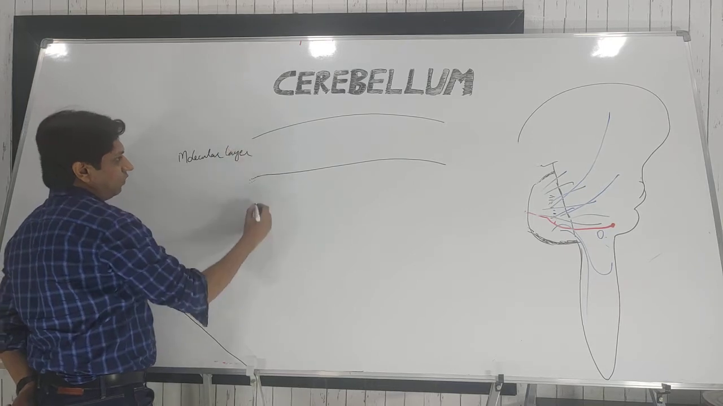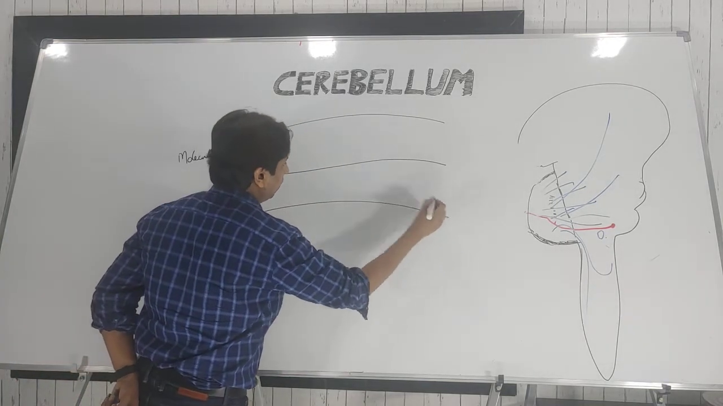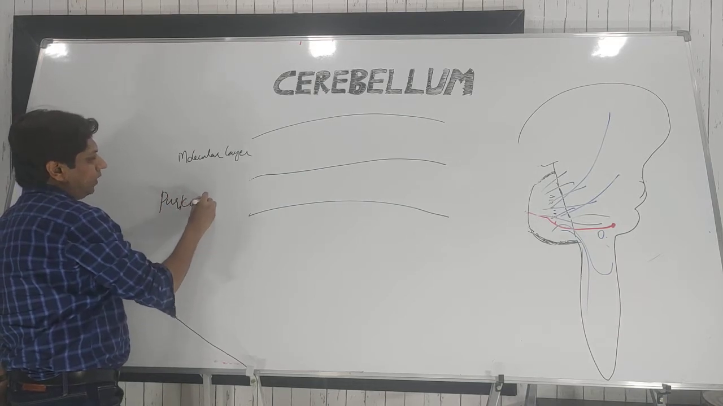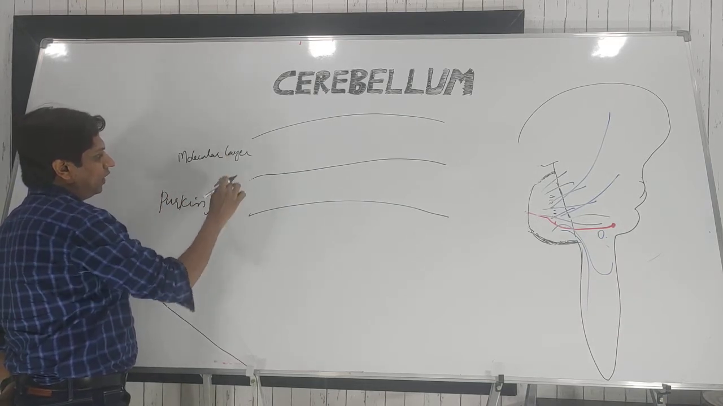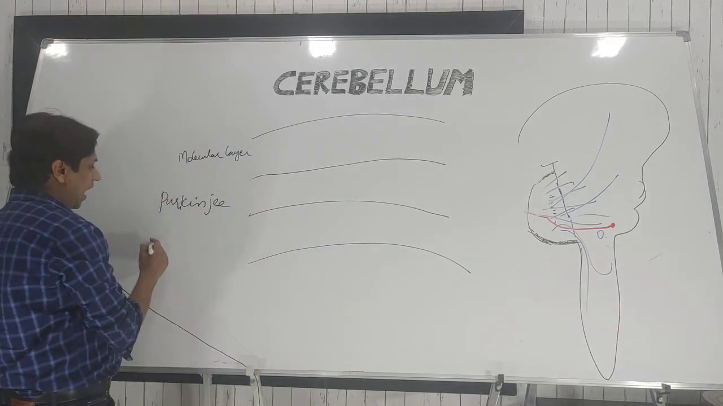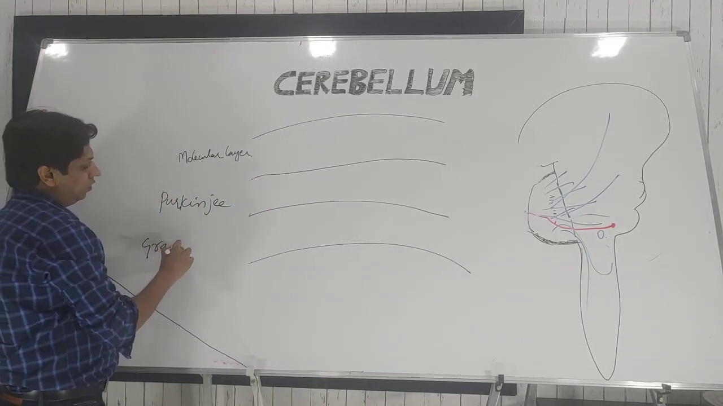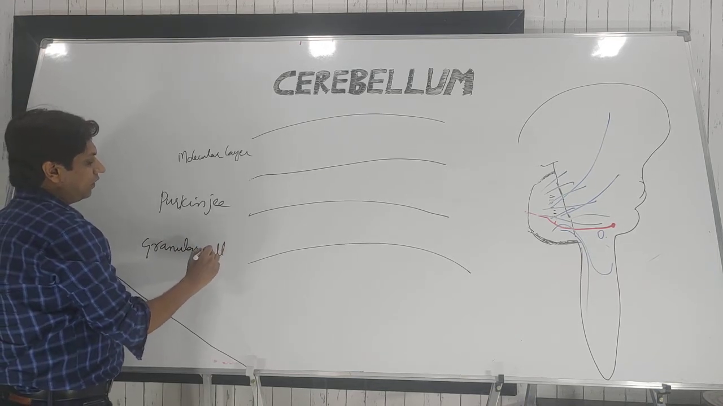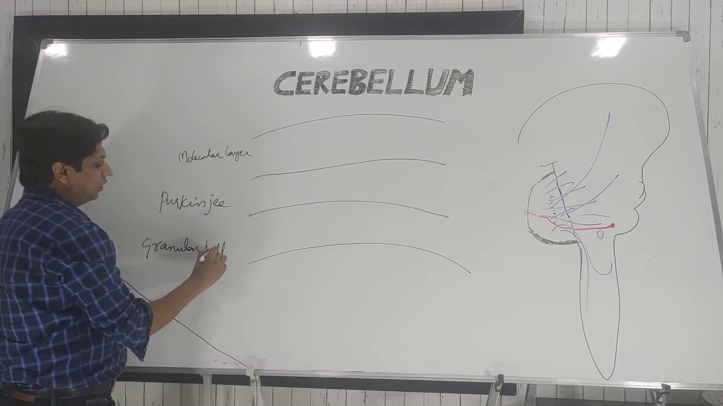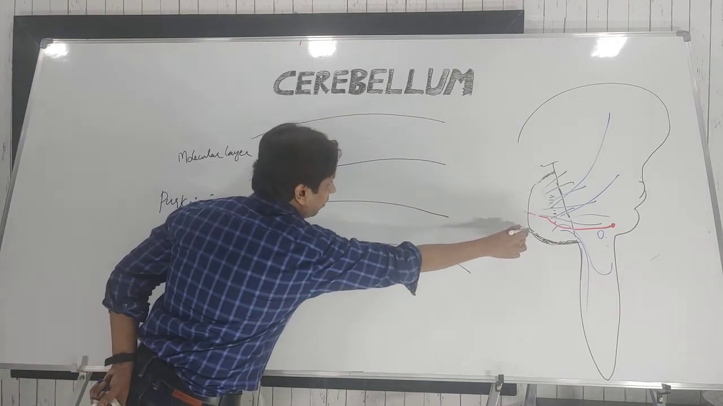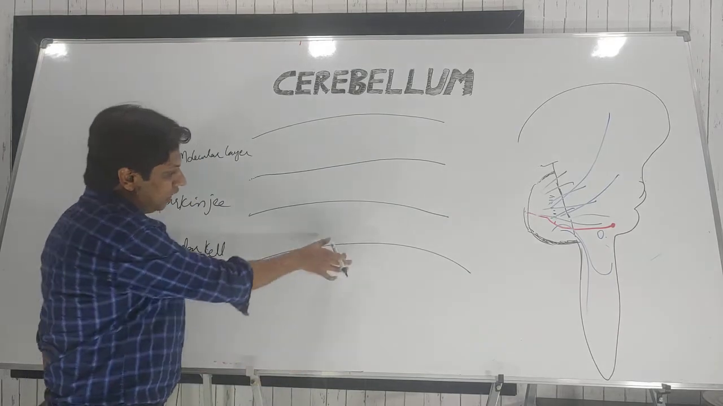Then we have the middle layer. The middle layer is known as the Purkinje cell layer. Molecular layer, Purkinje cell layer, and the inner layer is known as the granular layer. Okay, so we have three layers: the granular cell layer, or granular layer. So totally three layers in this cortex. Now deep to this